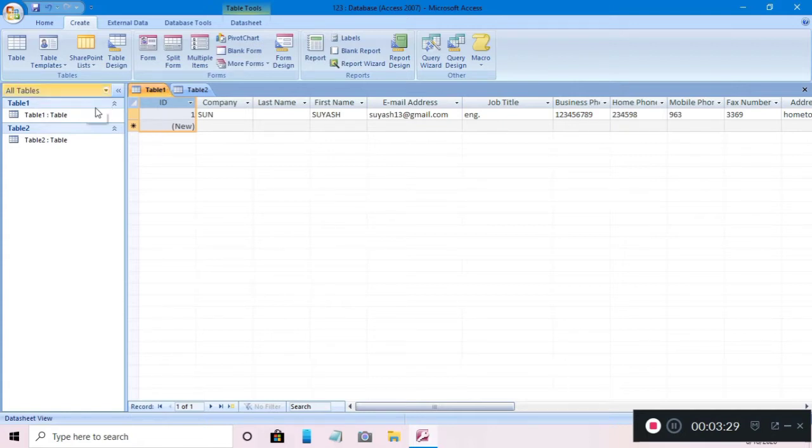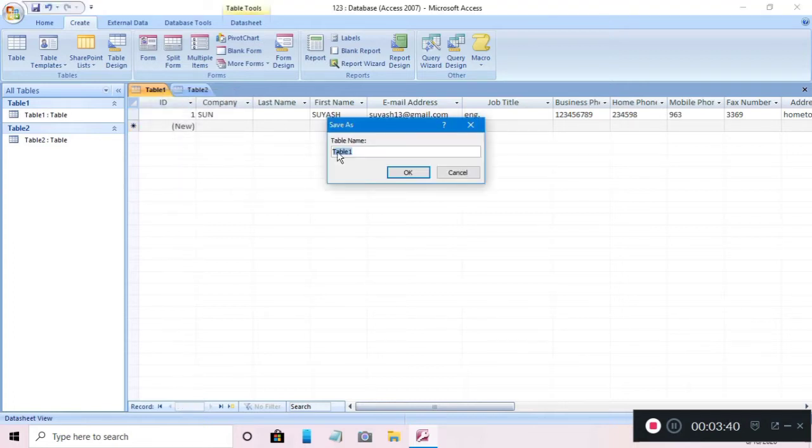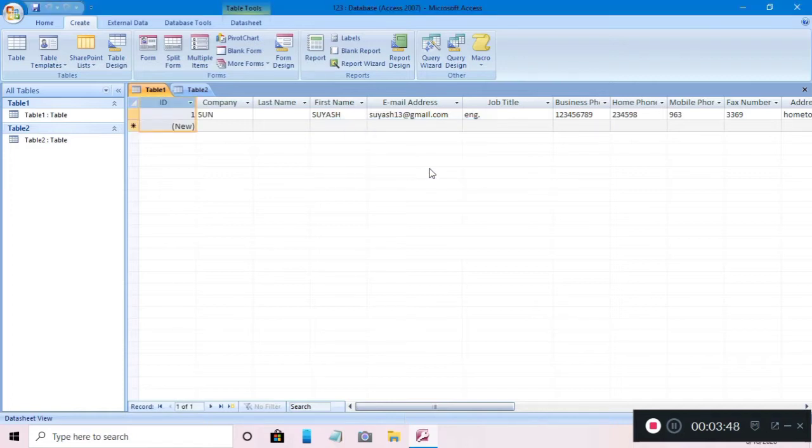So for saving this table, we right-click and the first option is Save. Now it is asking the name of the table. I don't want to change it. It is Table 1, so let it be. Okay, now this information is saved.